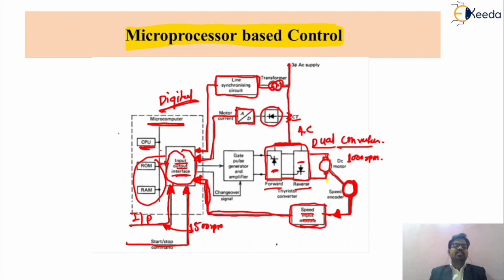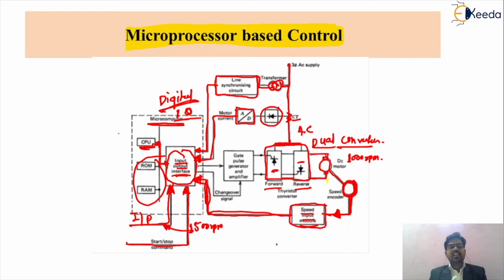These digital signals are given to the input and output interface of your microprocessor system. This microprocessor system uses its central processing unit, so this information is given to your central processing unit. The central processing unit understands that the speed of the sensing device is 1000 rpm. According to its read only memory or its memory access, it will again send a signal related to the different memory status file, that is the algorithm, which is basically in zeros and ones, and it will change the value of the speed in terms of 500 rpm, but into a digital code.